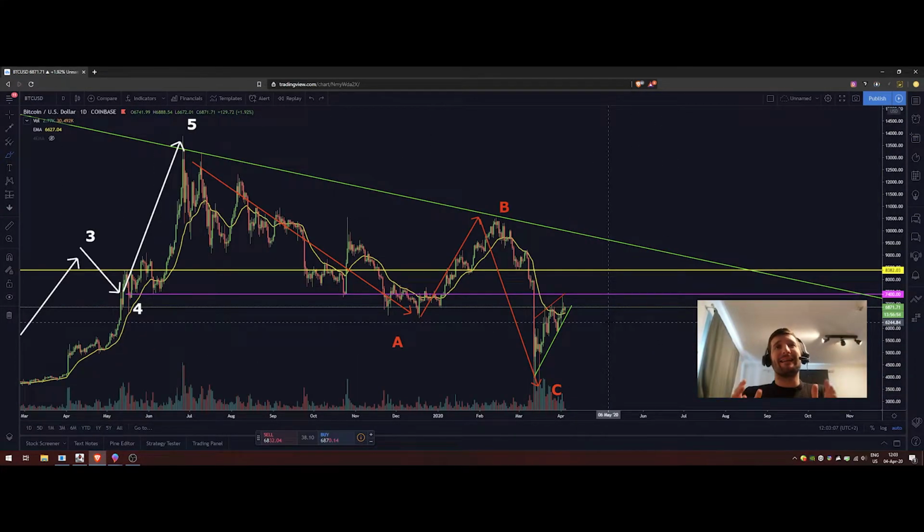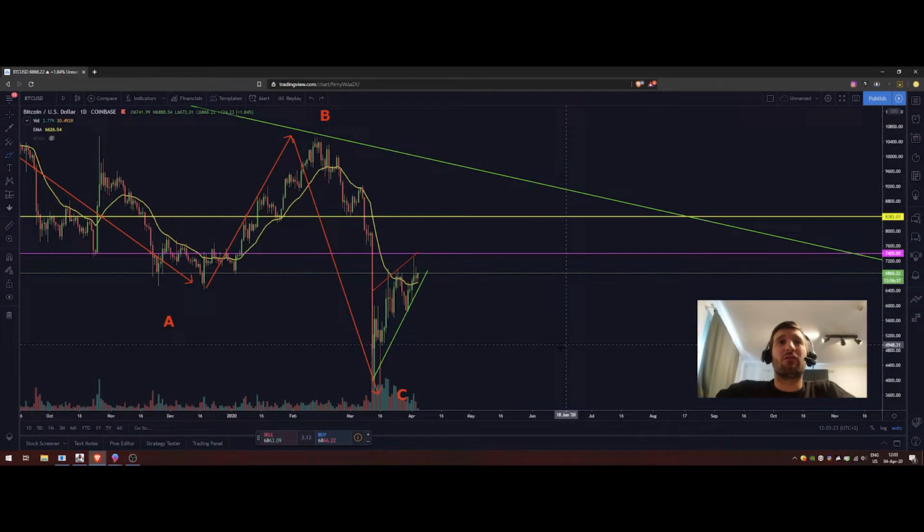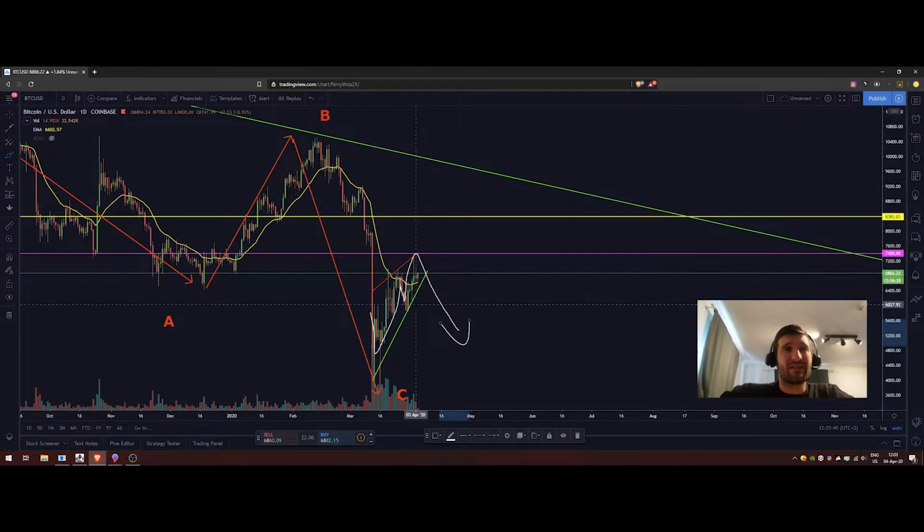We are still in this rising wedge formation on the daily chart, which is pretty significant and very important because it is on the daily chart and it's possible to play out. We can see over here that we did get some level of support on the 20 exponential moving average, but if we do manage to play out this formation, which means that we are consolidating on the way to the upside, and then we break this green level of support,